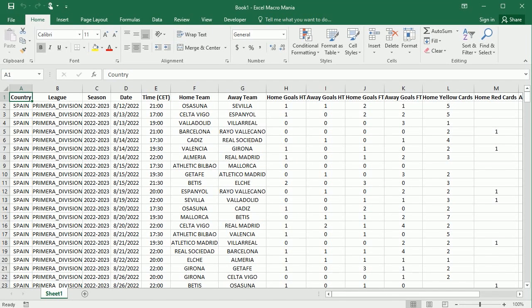In this video we will see how to filter data in Excel with VBA macros. And as an example, I have here some sports data. These are scores for the football Spanish First League, Primera División, for this season. Just as an example, we have the date, the time of the game, home team, away team, goals, and